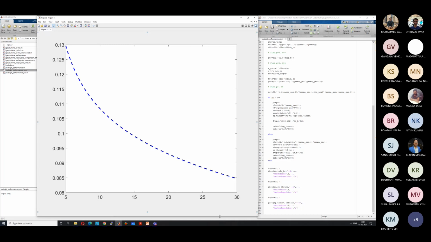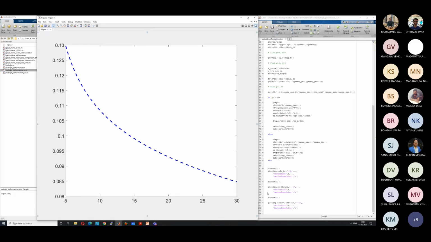We want a lower value, right? Because it means that less fuel will be required for the same thrust. So with increasing pressure ratio, we get,